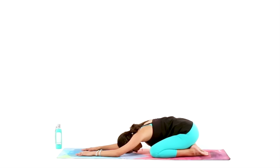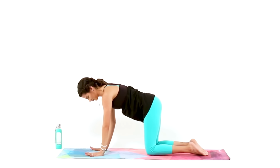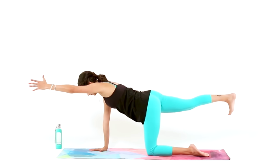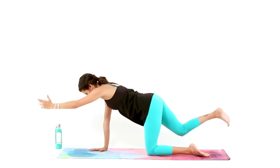From here, rise up into a tabletop on your hands and knees. Fan your fingers out wide, gripping into your mat through your whole hand. With your strong hands, extend your right heel back, and to add on, reach your left arm forward. Gaze is set on one spot for focus, and use your core to bring your right knee and left elbow